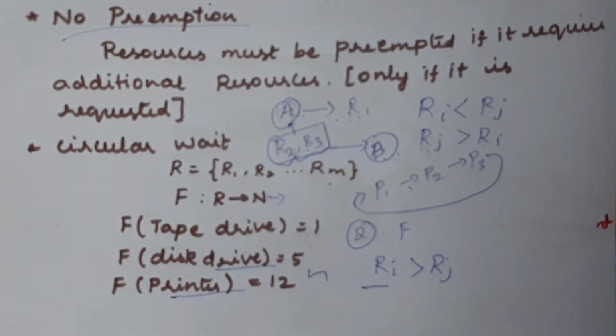So while it is allocating, we need to check whether it is in increasing order. While it is releasing also, we need to check the order. So this is how we deny this condition, and also how we are preventing the deadlock. So we can avoid the circular wait condition by following these two methods, and we can prevent the deadlock easily. These are the methodologies we need to follow to prevent the deadlock.